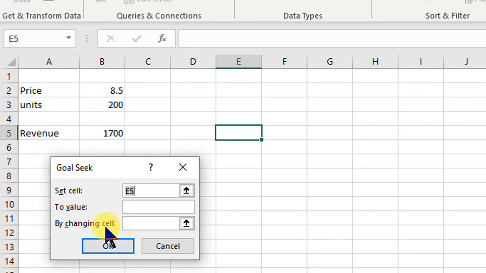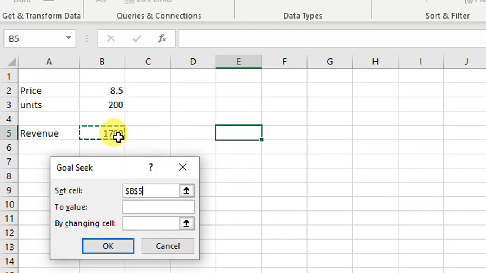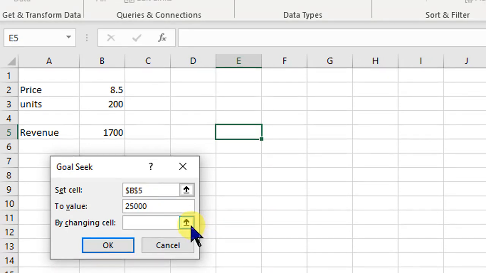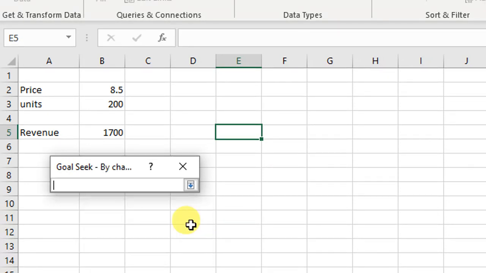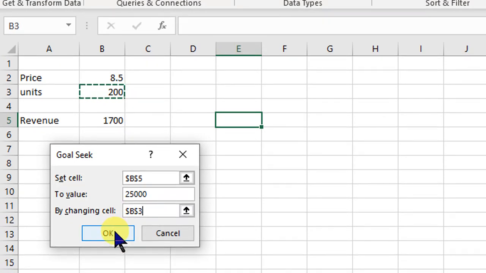So look, we need to set the cell of revenue, which is B5. I want to set the cell B5 to a value. How much value should I enter? I want 25,000. By changing cells, which cell should I change? I want to change the number of units. I click this. Now when I click OK, look,